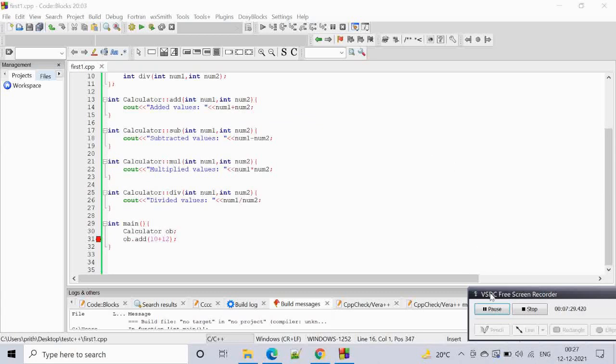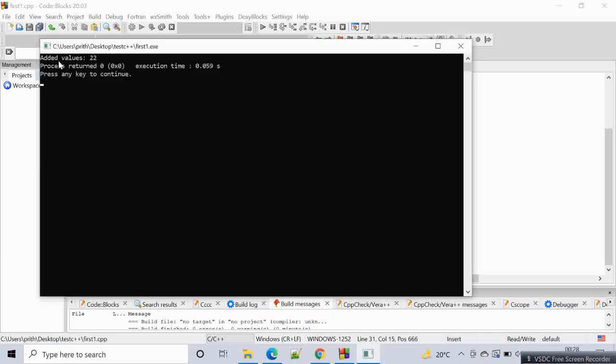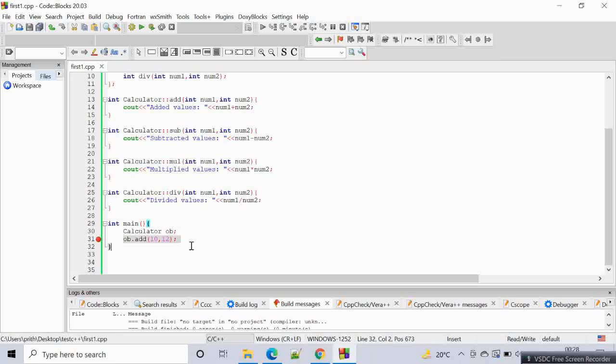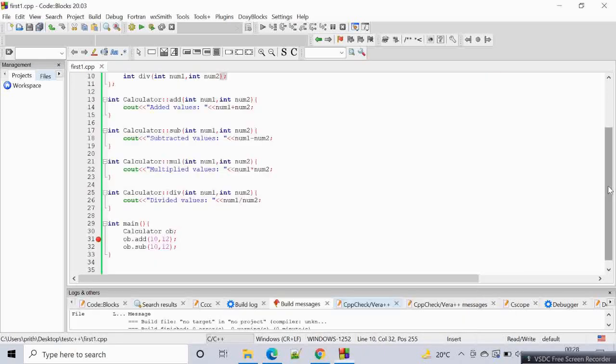What I was wondering is what the error is. I have given a plus over here, that should be a comma. By mistake. So here we have added values 22. Coming here, if we give sub, let's see what happens. We get subtracted values. So this is working, but we will make it a bit better.